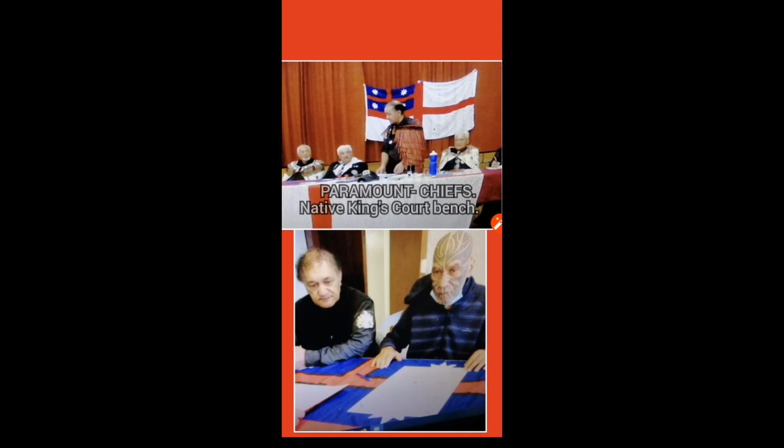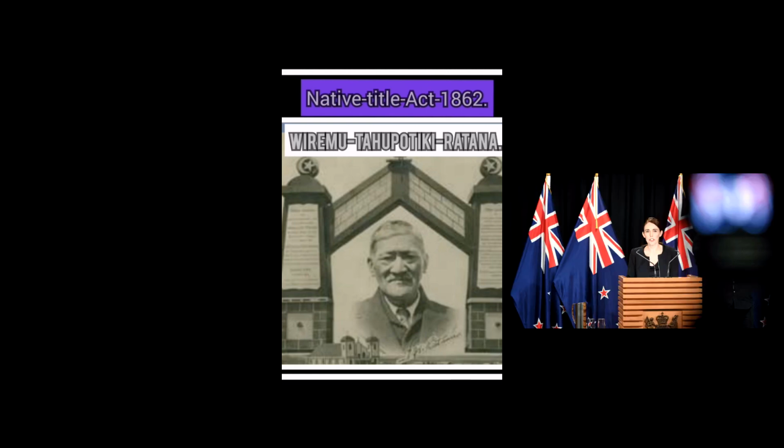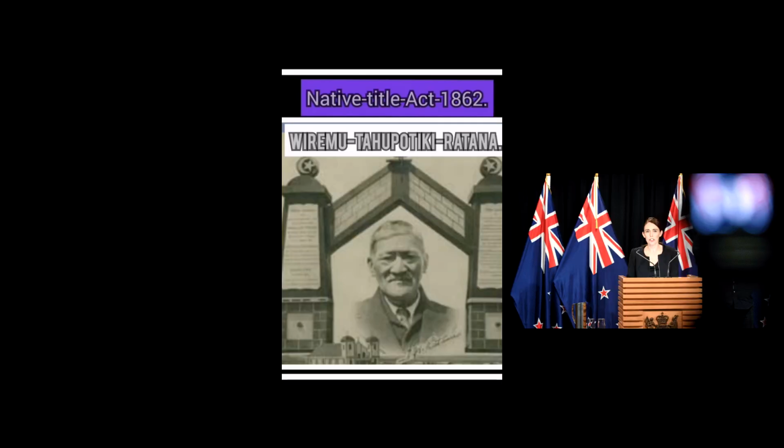Now we go on to Wiremu Tahu Pōtiki Ratana. He is responsible for bringing the church into Maori and the creation of Maori with the government of New Zealand, Crown Corporations. And in